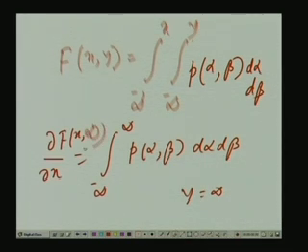But we have seen what is f x comma infinity, there is nothing but f x, and what is del f x del x, which is in fact df dx now, because it is a function of just one variable. So, del f del x actually means df dx, that is nothing but the probability density of x. That gives the proof,